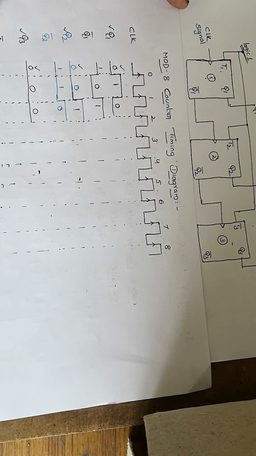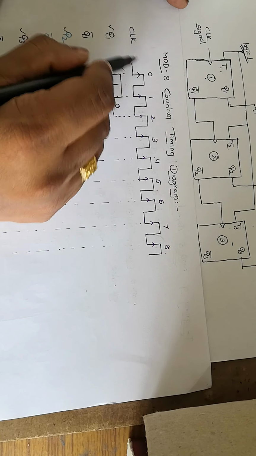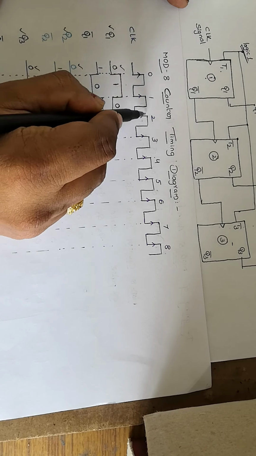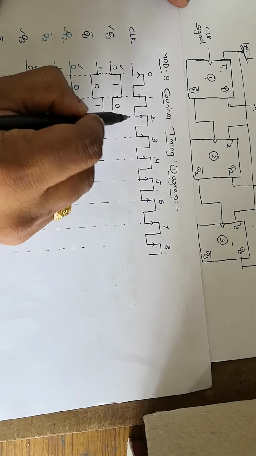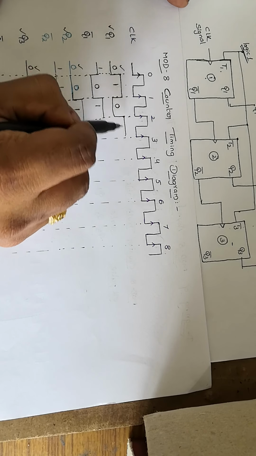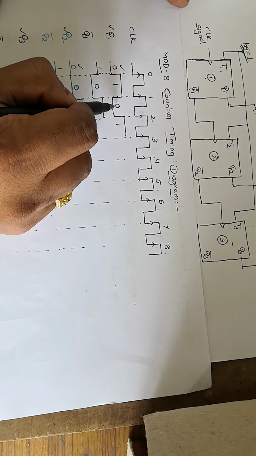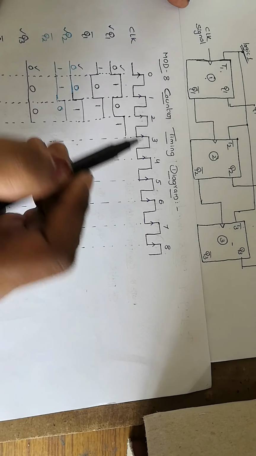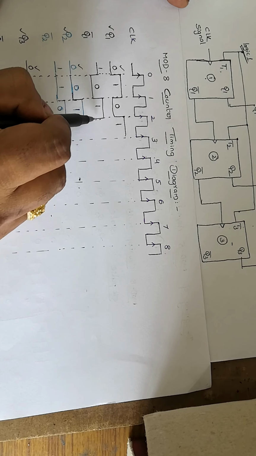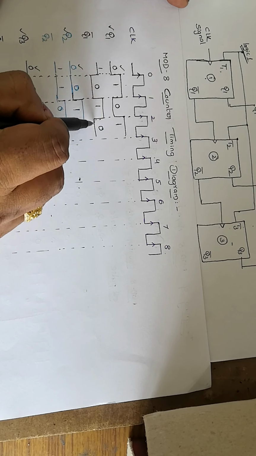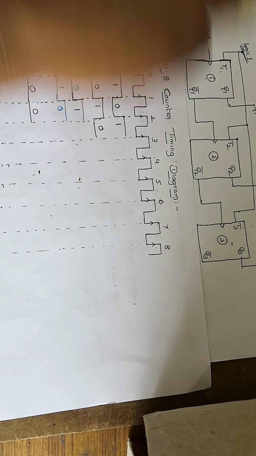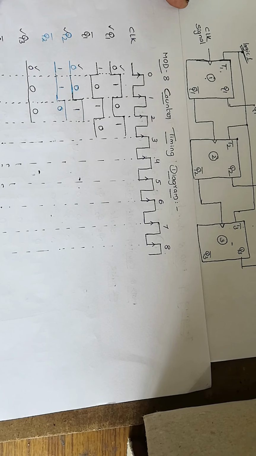Next comes the third clock pulse, after the pulses we have applied so far, the zeroth, first and second. A 0 to 1 transition occurs, so the first flip-flop enters the toggle condition and produces the complement of the previous state. The previous state is 0, so Q1 is 1. If Q1 is 1, Q1 bar is 0. Here Q1 bar makes a 1 to 0 transition, so the second flip-flop again enters the disabled state.